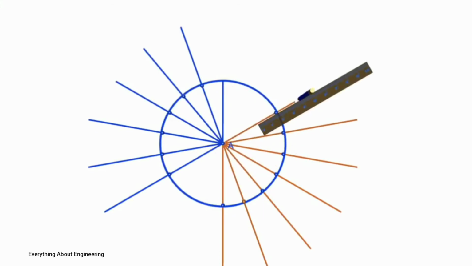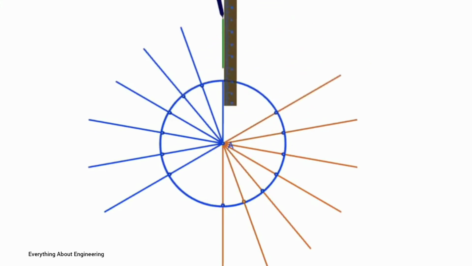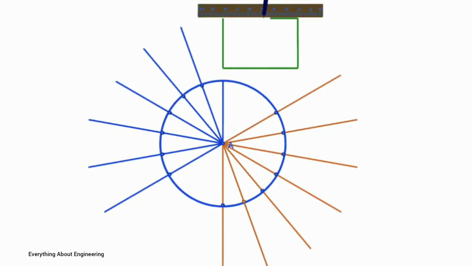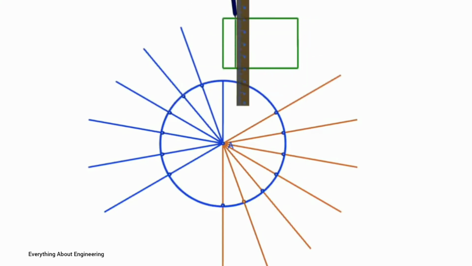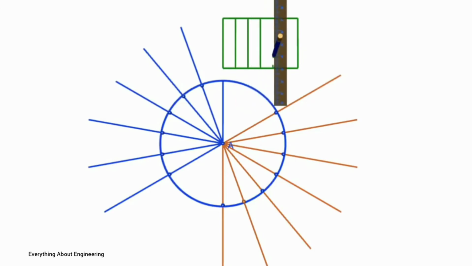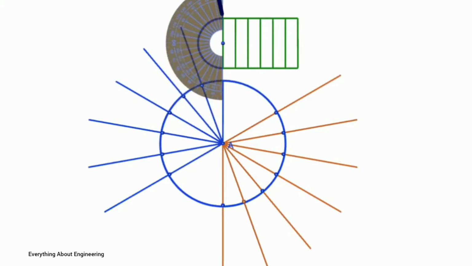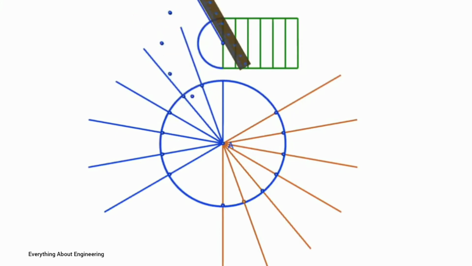Now we'll draw the displacement diagram also simultaneously over here, which we have already seen how to draw and how to measure the distances, and those distances will be transferred on these particular lines. First we'll start with the outstroke, as you can see over here. As the outstroke is with simple harmonic motion, we'll draw the semicircle, then divide that particular semicircle into 6 equal parts. 180 divided by 6, so a 30 degree angle we have taken, so that we can divide that circle into 6 equal parts.